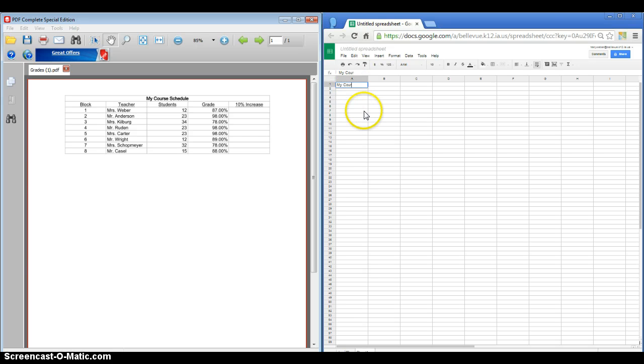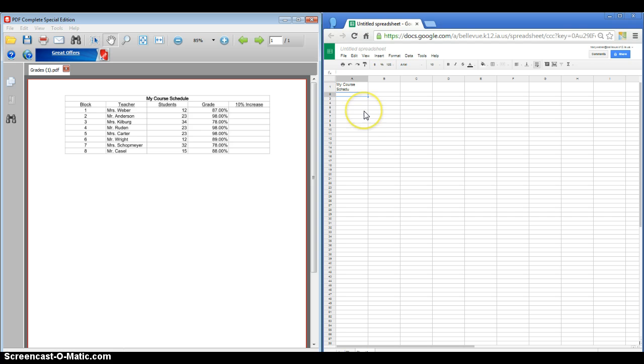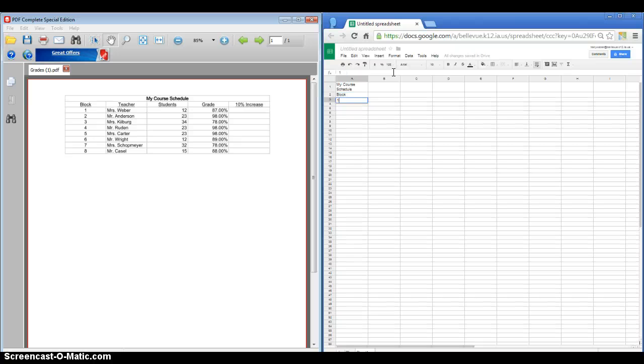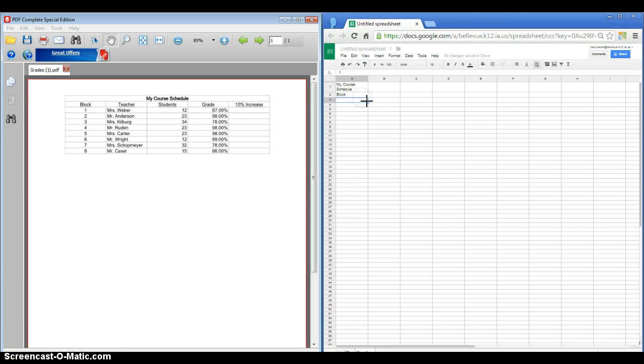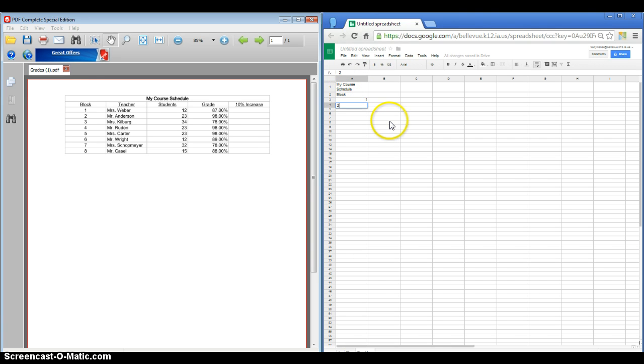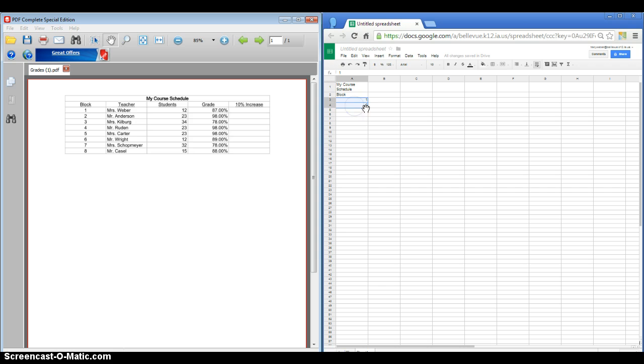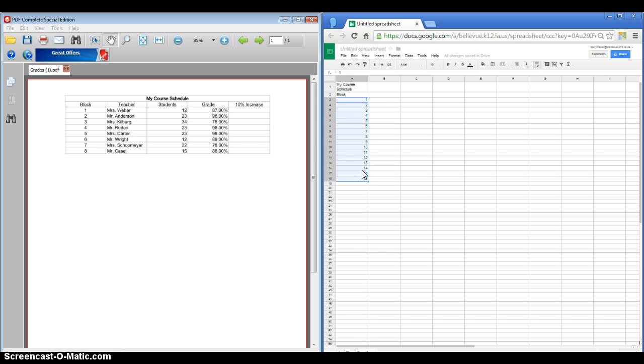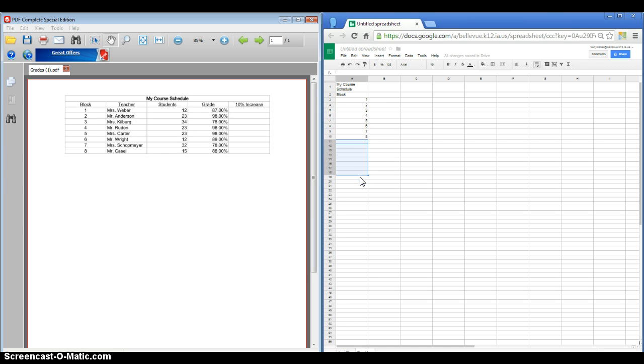format it. So I'm just going to type My Course Schedule, and it's not going to look like the PDF file right now, but we'll come back to that. In A2 block, and then 1, enter, and if you click on 1 and drag down, it just copies the number. However, if you type 2 here and hit enter and select these 2 cells and then drag down, it'll continue to number. We only need to go to 8, so I'm going to select the ones that went too far and hit delete. Then I'm going to come up here to B2 and type teacher,